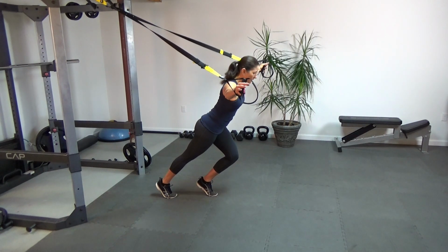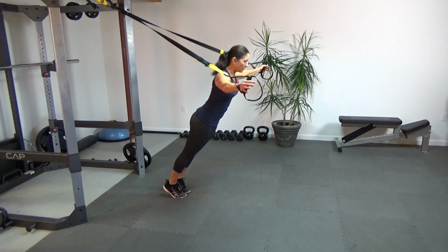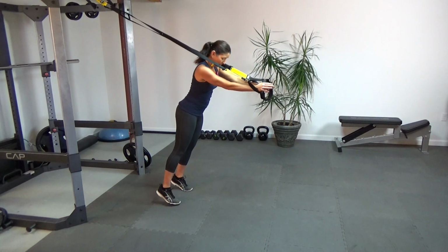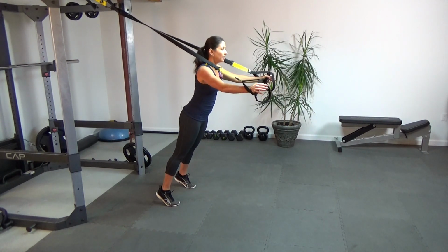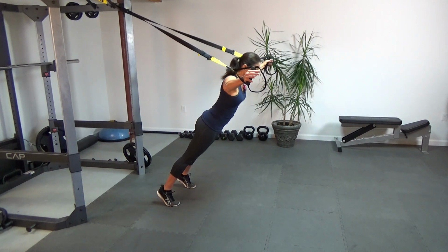Out, out, in, out, out, in. If you need a little bit more stability, take your feet a little wider and a little faster. 1, and 2,